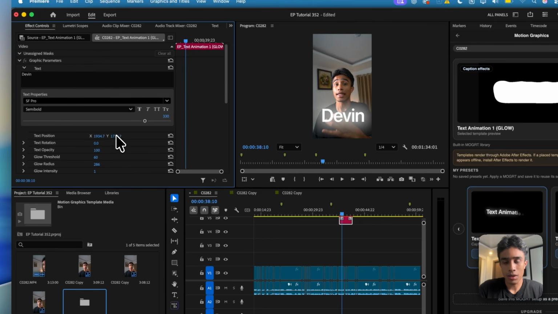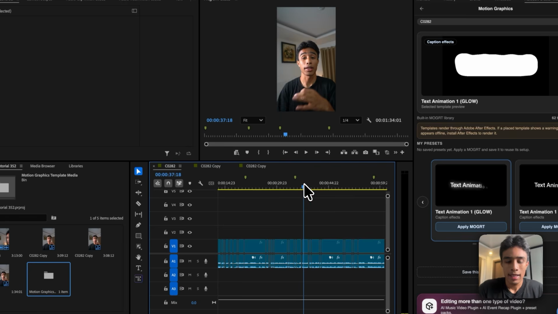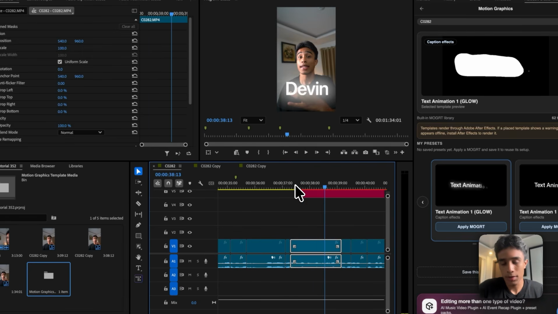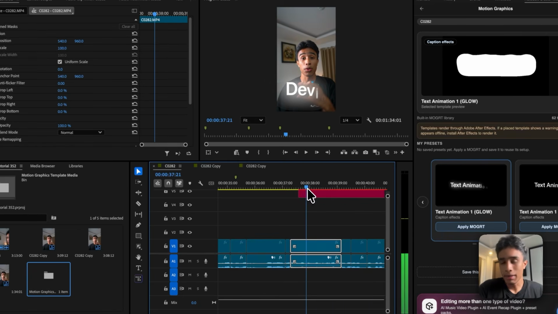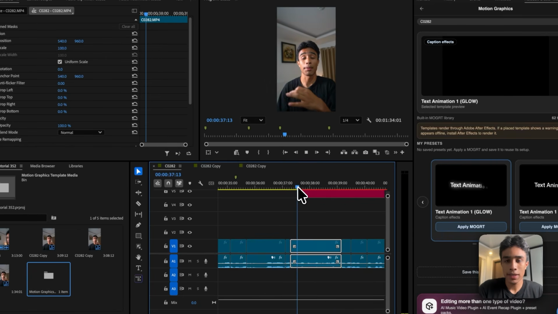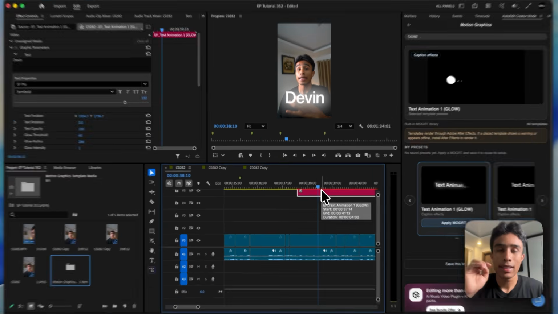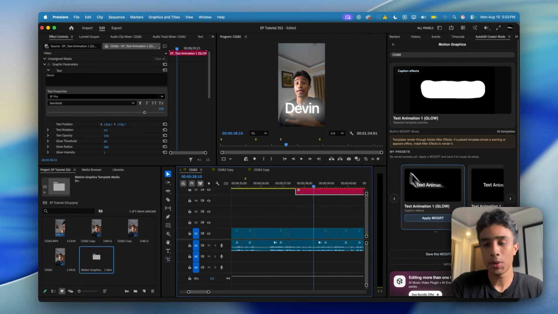And the cool thing is, this is an already pre-animated caption. I'm not going to have to do any keyframing, any prompting to get it to look like this. It's already animated. We know this looks good. We know a lot of content creators like to use this style. So that's why we've loaded this plugin, and we're going to continuously update this plugin with more and more templates,